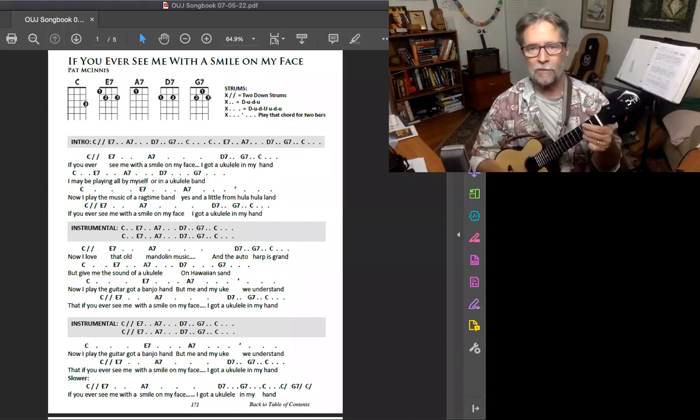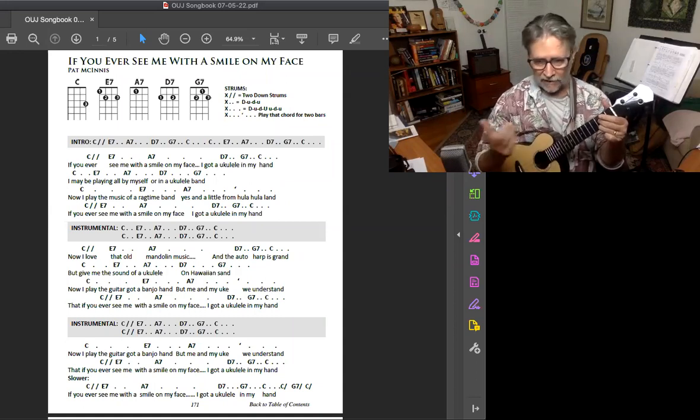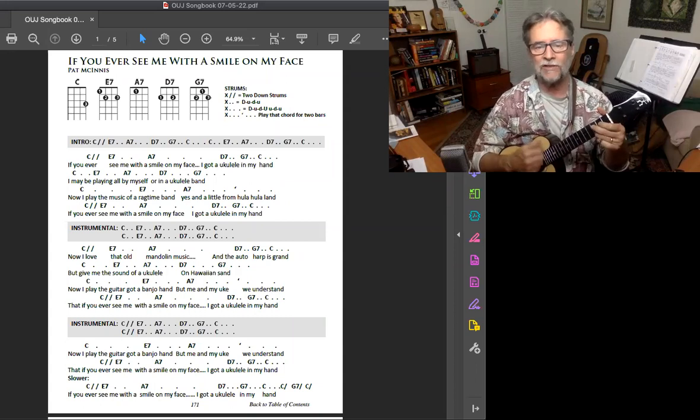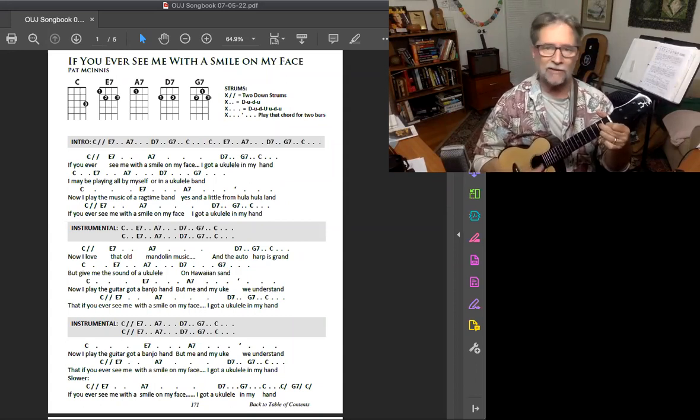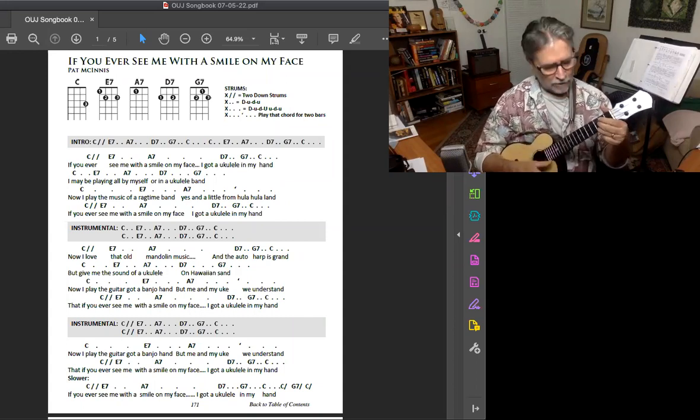This might sound familiar to you, but we're going to end each song. Instead of the ending you see there, C, G7, C, which you would love because we can all do that, we need practice on another ending, and so we're going to do